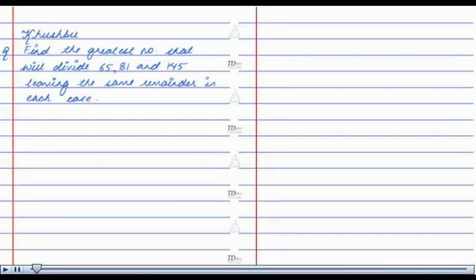Hello, I am Khushbu. The question is, find the greatest number that will divide 65, 81 and 145, leaving the same remainder in each case. The required number will be nothing but the highest common factor of the difference of all these three numbers taken two at a time. Therefore, the required number will be